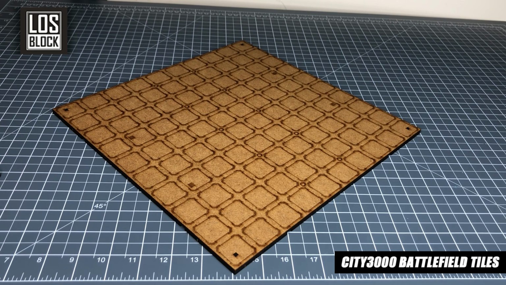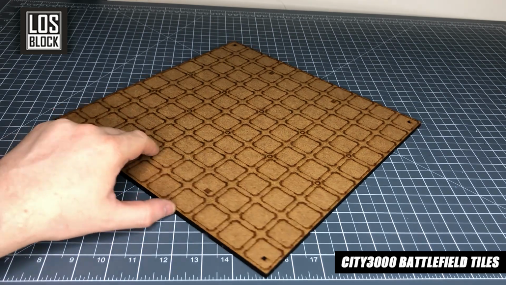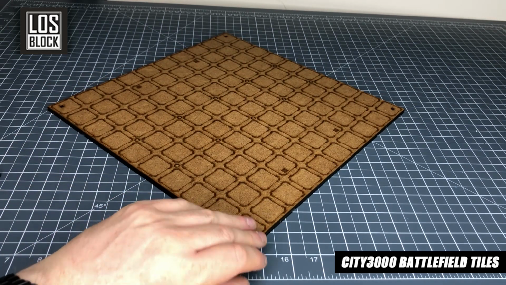Now obviously some people get concerned about whether tiles are going to give players an advantage by pre-measuring distance, effectively because you know how long a tile is. It doesn't really make a huge difference, I don't think. By the time you've added some terrain on top of it, it's going to be difficult to distinguish the tiles anyway. So the first sort of tile that they do is a very nice simple plain tile